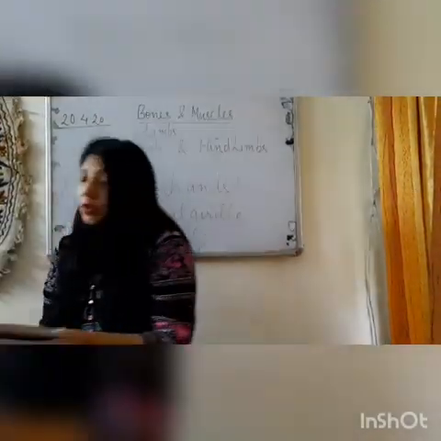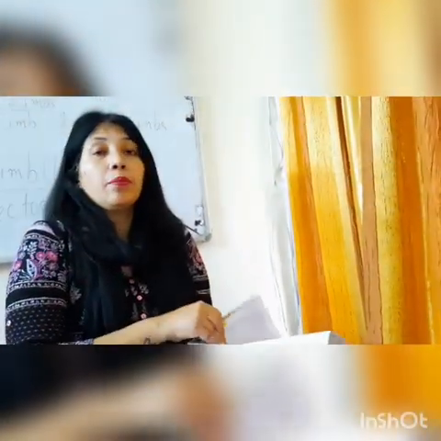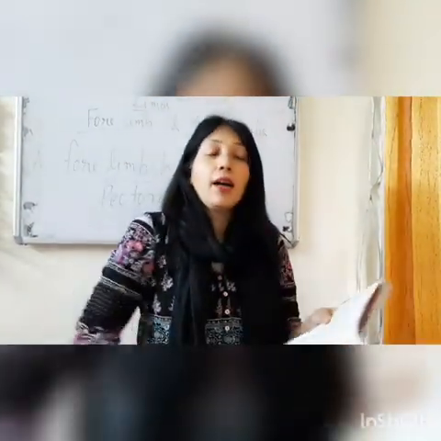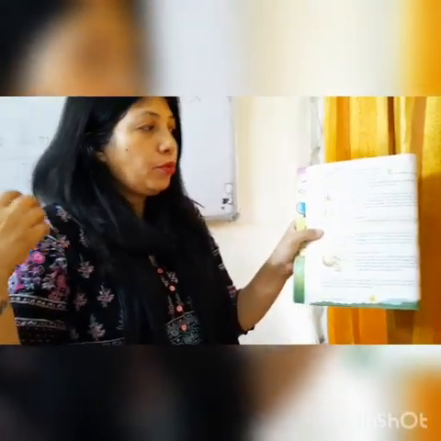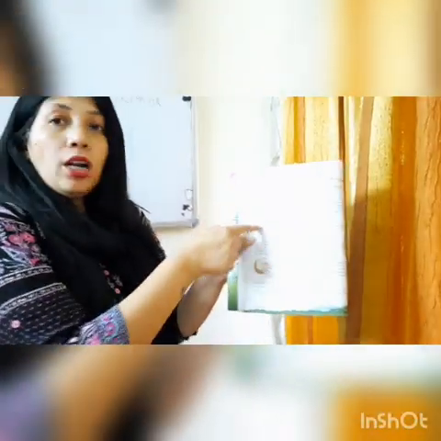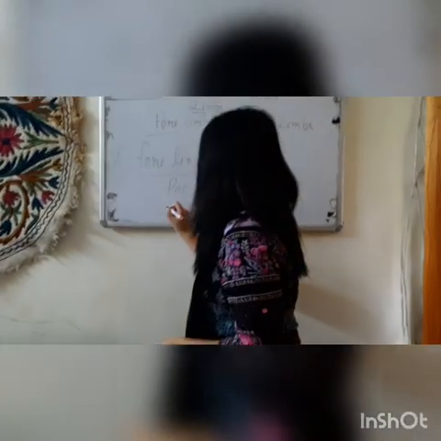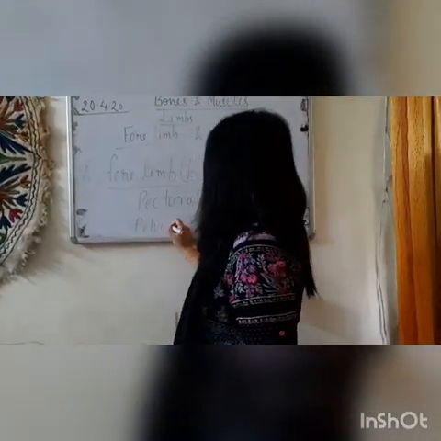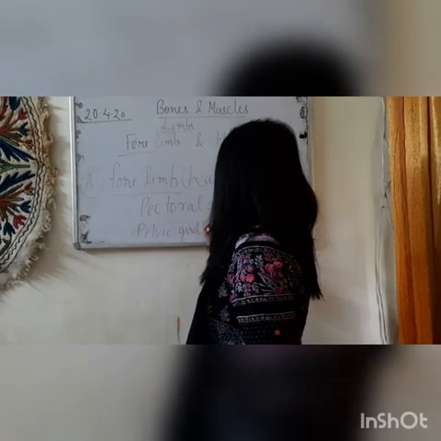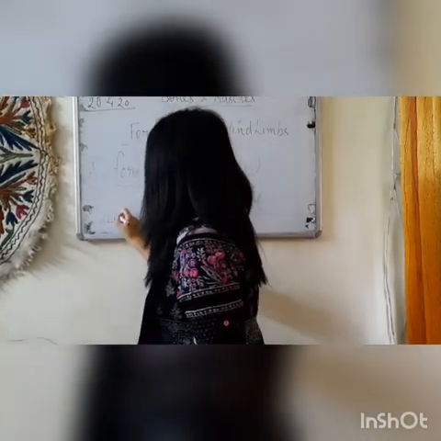Children, now the next one is hind limb. Hind limb means leg, that is your foot. You can see this figure that your leg is connected with the backbone, because your forelimb is also connected to the backbone, and your hind limb is also connected to the backbone, and they are connected by the bone which is known as pelvic girdle, and it is very strong. It is very strong bone.